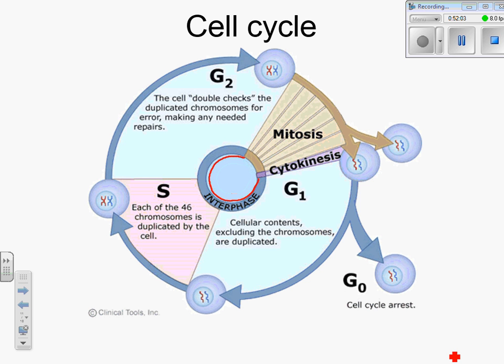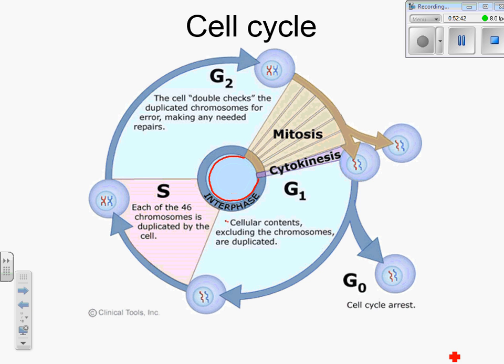So once a new cell has been formed at the end of a mitosis bit, and you've had cytokinesis, you've got your new cell over there, the first thing it goes into is G1. Now the G here really stands for growth as much as anything else, because what you've got at the end of cytokinesis is 2 cells that are half as big as the originals. Well, they've got to grow, otherwise next time you divide them they'll be half as big again and you end up with nothing. So they have to grow, and what we're going to need to produce, when it says cellular contents there,